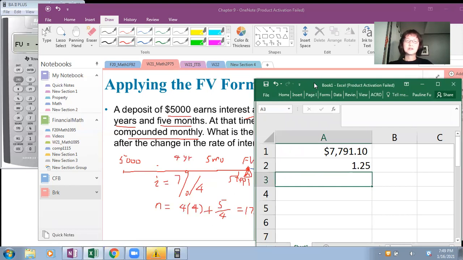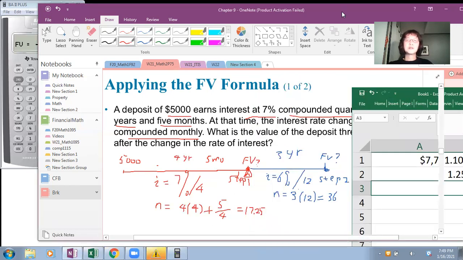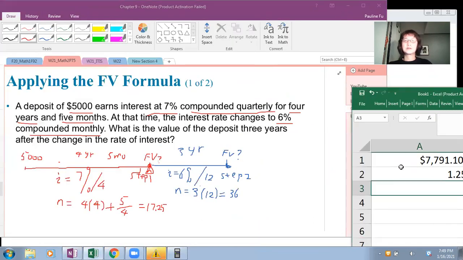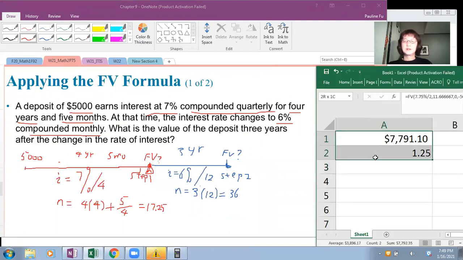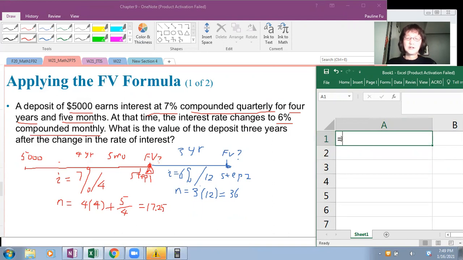Try to adjust my screen. So step 1, I will do it here. What is the future value after 4 years, 5 months? So equal FV, rate is